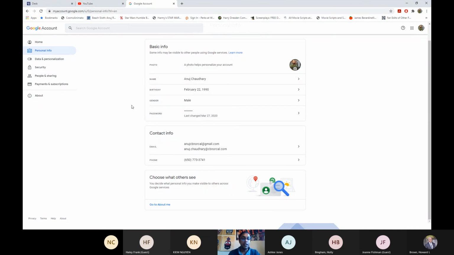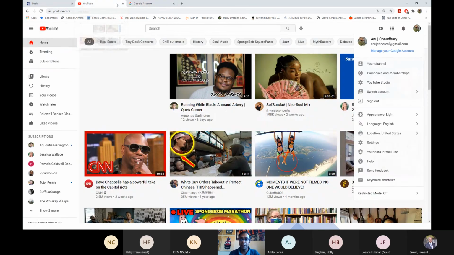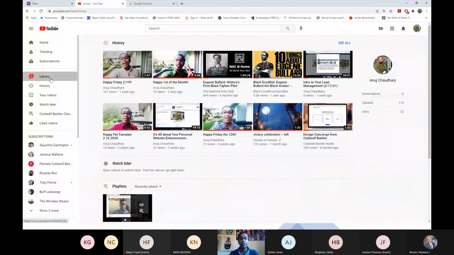Continuing on, this is where this information is managed. The rest of all of our settings we'll go into again tomorrow when we're talking about YouTube and some of the stuff in the back end. But what you're going to see here is, again, you've got these same items, except now we've got some stuff that pertains to you as the user. Your library is going to be the videos you have uploaded.